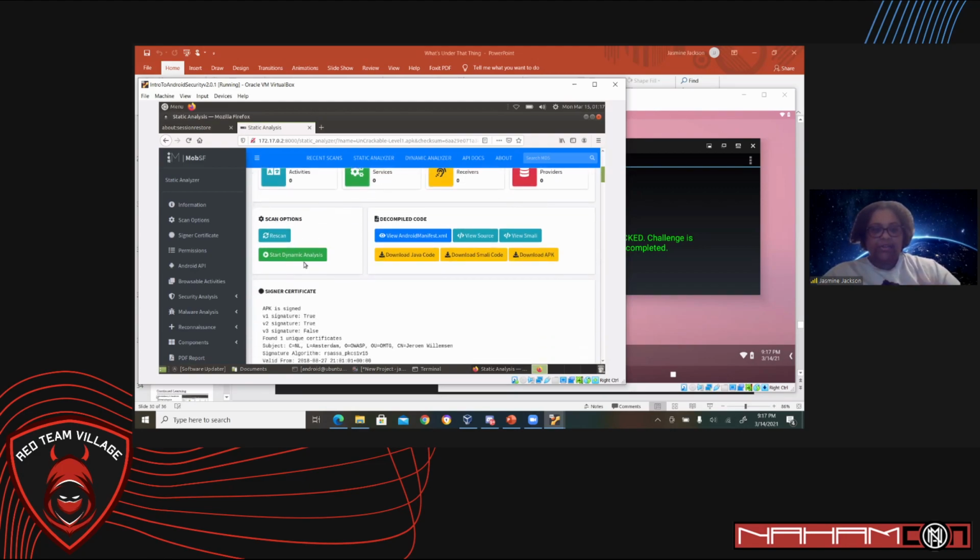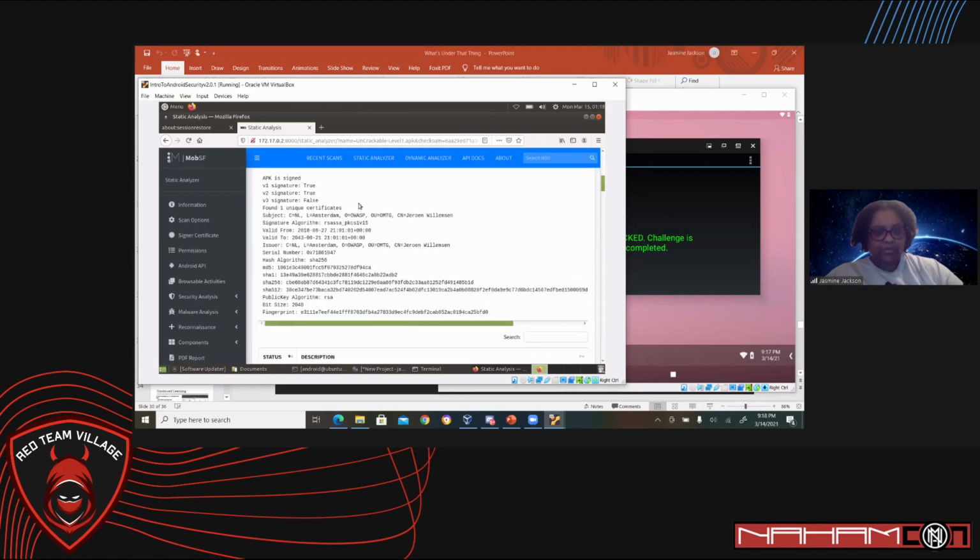And again, regarding the dynamic analysis, excuse me, because I am in a virtual machine and it's also in Docker, if you use this virtual machine, the dynamic analysis portion will not work. I keep mentioning that because I don't want people to try and say, hey, it's not working. That's why. So we can look at the manifest, we can look at the source code, the Smali,